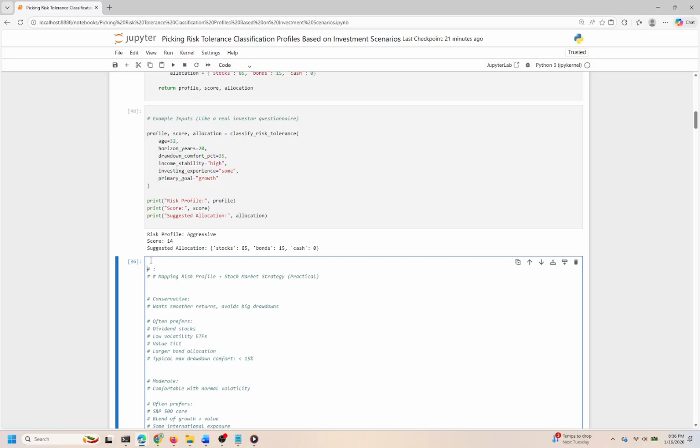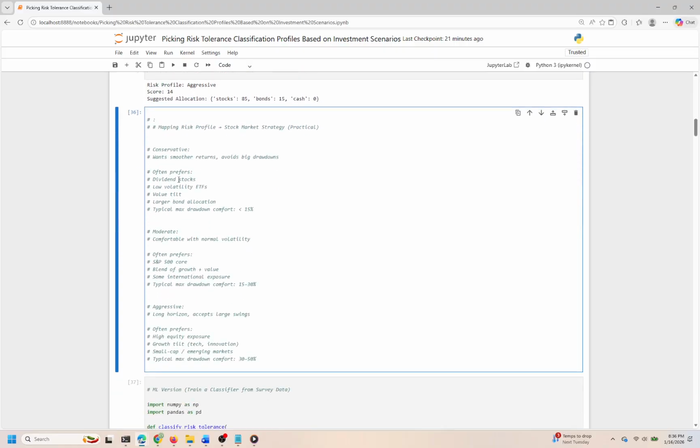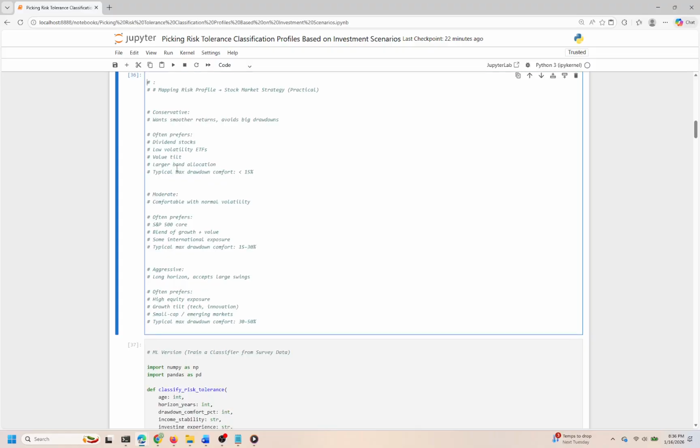For example, an investor's actual comfort with risk could differ from what they report, reflecting their emotional responses in real market conditions. Additionally, the classification may vary depending on broader economic variables not captured in the inputs. Looking ahead, in the next cell, we will likely explore how these outputs can actually influence investment recommendations and what it means for constructing a well-rounded portfolio. This transition won't just solidify our understanding of risk tolerance, it will also help connect our theoretical groundwork to practical